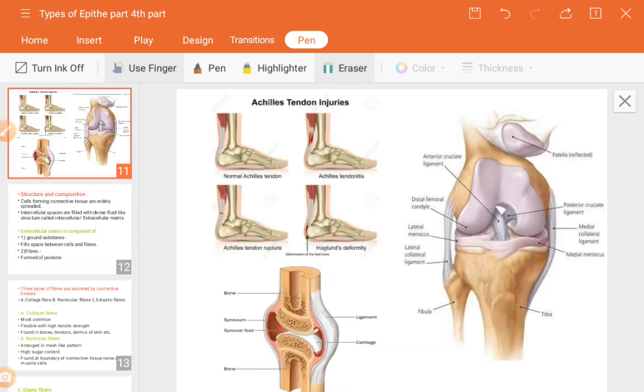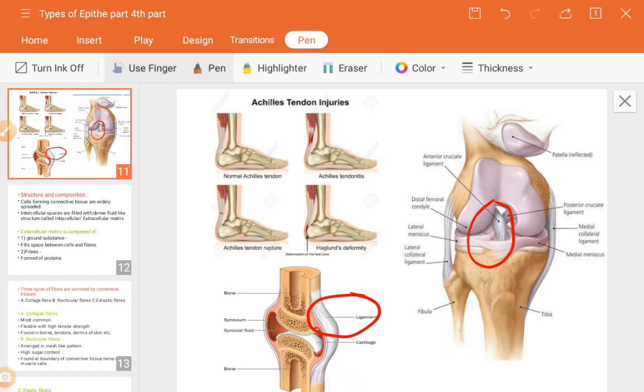So ligament and tendon, you have seen here, as I showed in this figure, the ligament is this. This portion is the tendon, which connects the bones. The ligament connects the two bones. Fibrous connective tissue is also known as ligament; it contains collagen fibers and elastic proteins. So it is made up of collagen fibers and elastic proteins.